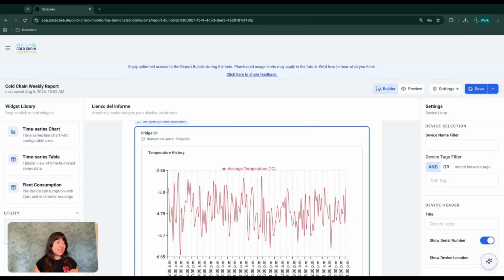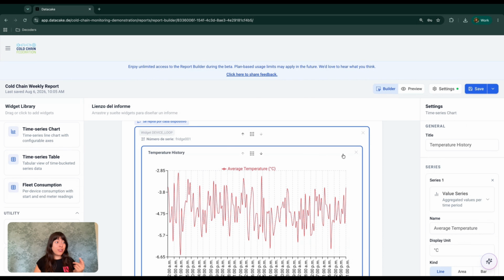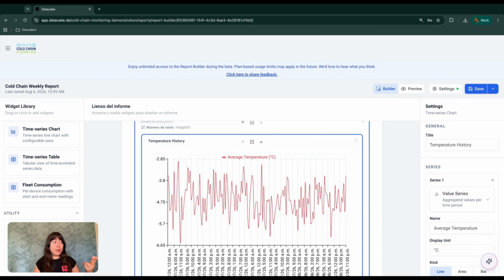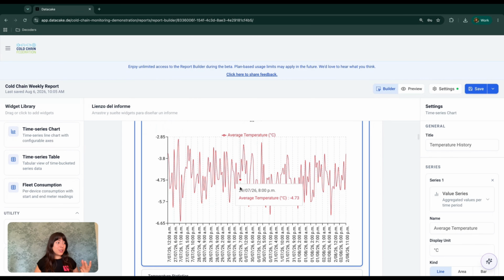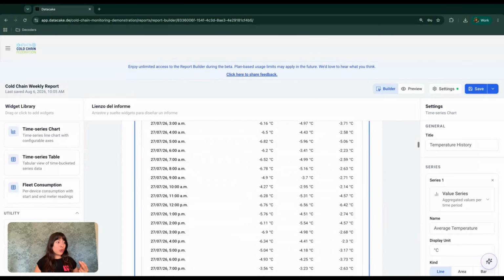And this device loop is a great tool because it allows you to configure it once, and this device loop will repeat for each of your devices in your fleet. So whatever you configure in here will repeat for each of your devices automatically without having to configure this for each device individually. So in here, we also have a time series chart, and I'm going to scroll down a